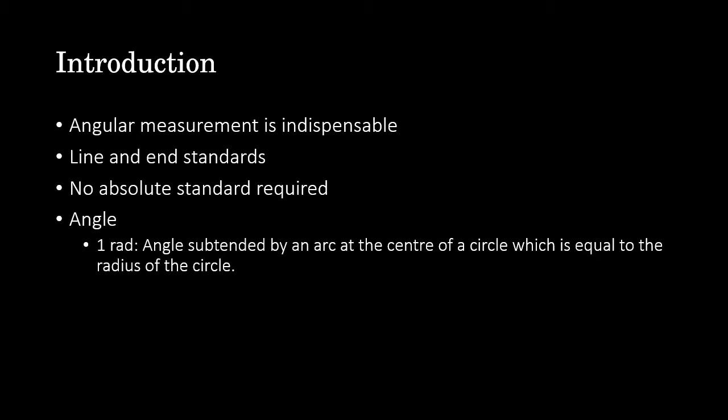So, for example, let's say this is the center of the circle, and from the center we choose this to be the radius, and then we draw an arc such that the length of this arc is equal to the radius of this circle. Then this arc subtends an angle of 1 radian. Okay, so that is the symbol used to indicate radian. So this way the angle can be defined easily.